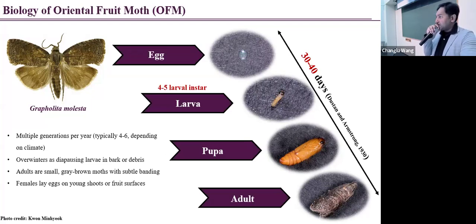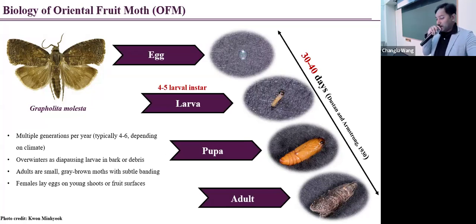The larva has 4 to 5 instars, and it takes 30 to 40 days from egg to adult stage. They have multiple generations per year, typically 4 to 6, depending on the climate. They overwinter as diapausing larvae, the cocoon larva before the pupal stage,